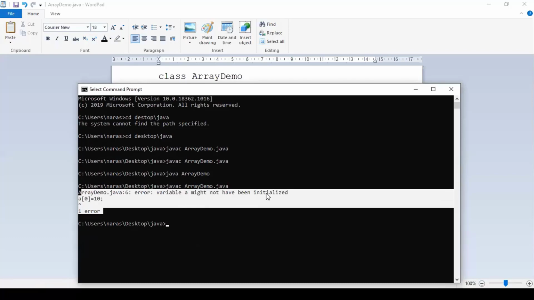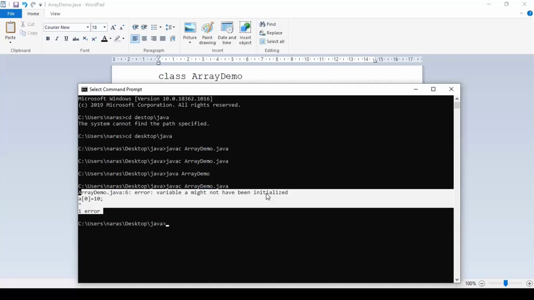That means there is a necessity of initialization of this variable, right? So that means there is no memory created for this variable. Variable might not be initialized.